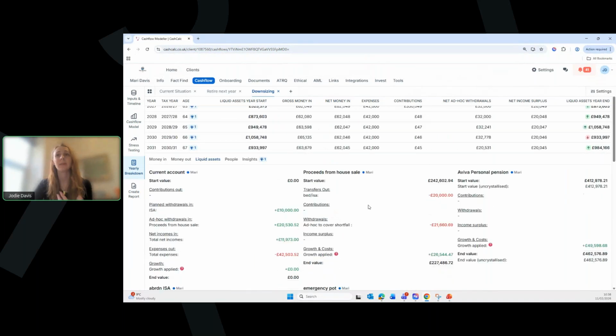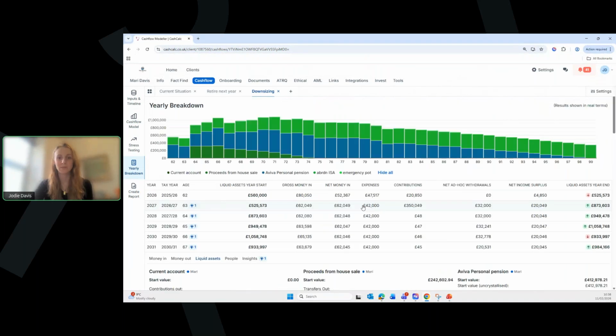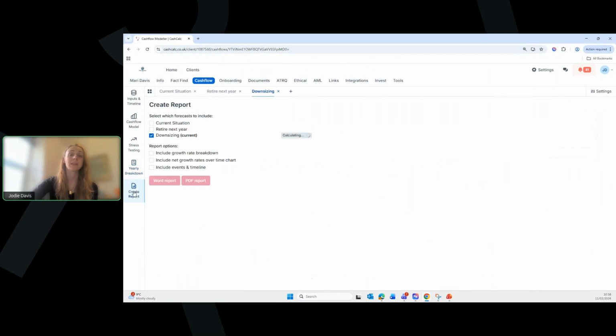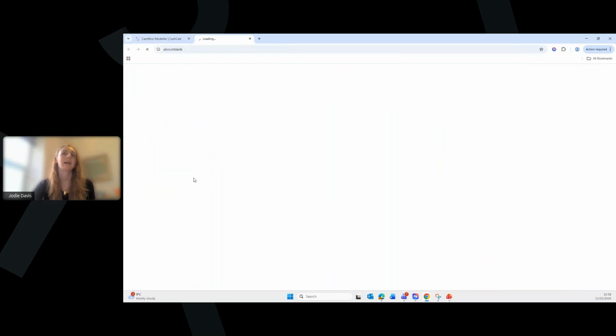Now, once we're happy that we've got all of these different what if scenarios and we've got everything added in there, we can then create a report and choose to include multiple forecasts. I'll just stick with this downsizing one for now. If I add that,